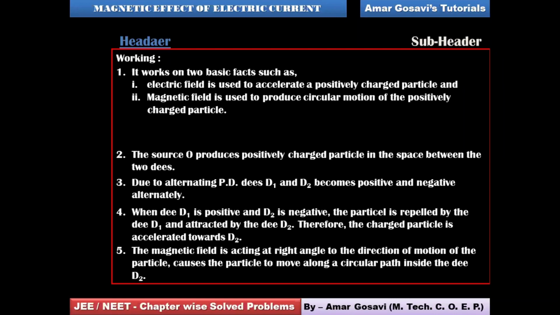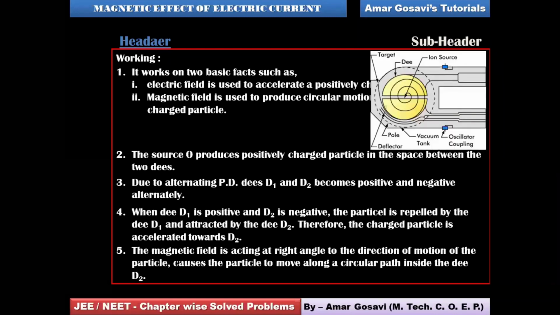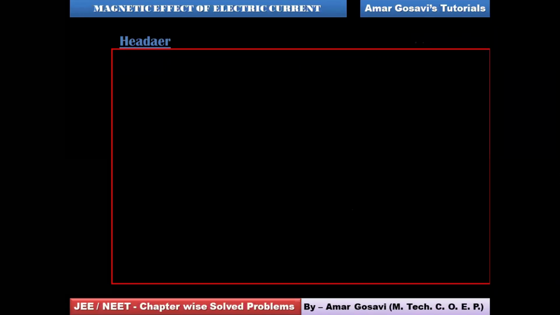Okay, I believe you have noted this down, friends. Let's proceed further then. This is the diagram which you can talk about. Here you can see at the center you introduce the positively charged particle. It follows the spiral as per our discussion, and the radius keeps on increasing. Correspondingly, when it comes out, it hits the target over here. You can see it will be a highly accelerated particle, the charged particle. Okay, I believe you have noted down this diagram as well. Let's proceed further.